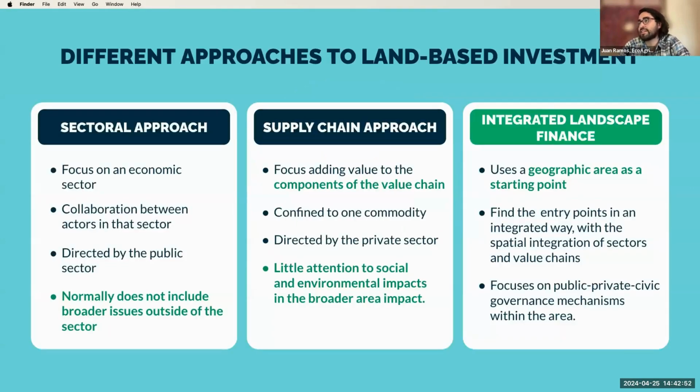So why do integrated landscape finance versus other approaches? I think this is a slide that Seth also presented, so I'll go through it very quickly. It changes from taking a sector, supply chain, or value chain approach where you're trying to maximize for different things, towards really thinking about a place and the sustainability of what that implies between value chains, between sectors, and between the different governance mechanisms that may exist. So basically public, private, civil society: how can you work together towards a common objective and really negotiate what the priorities are?